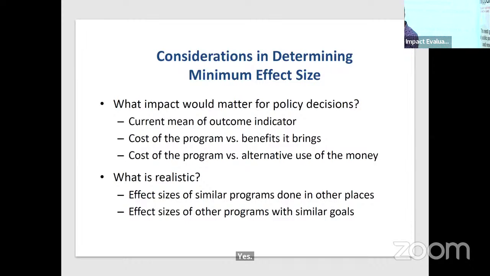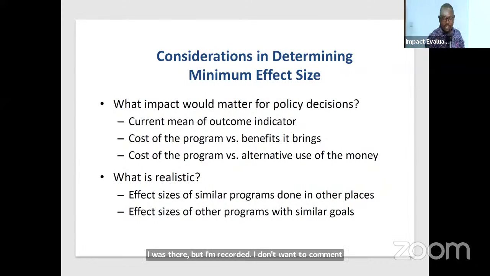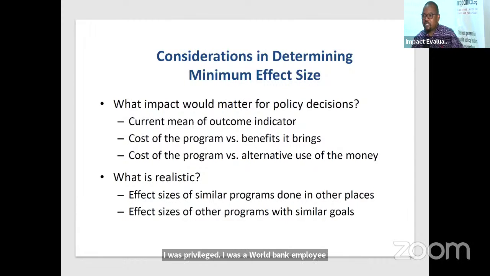The one with the cost of doing business. I was there at the time. The guy who flagged it was my boss, Paul Romer. I was there. But I'm being recorded, and I don't want to comment on something that will get me into trouble, because I was privileged. I was a World Bank employee then. People have raised concerns on the data, statistical concerns that it was being skewed